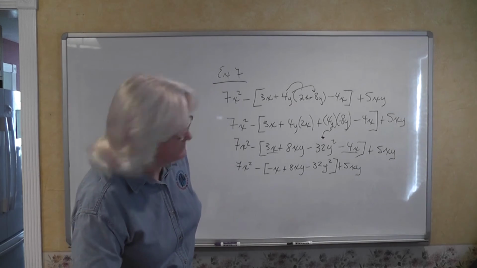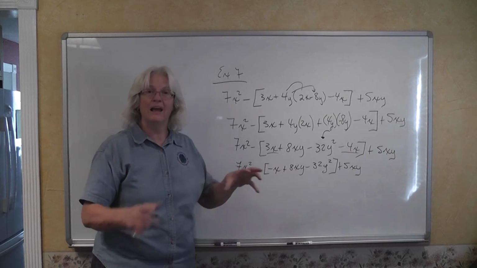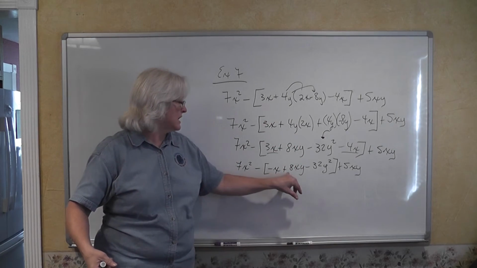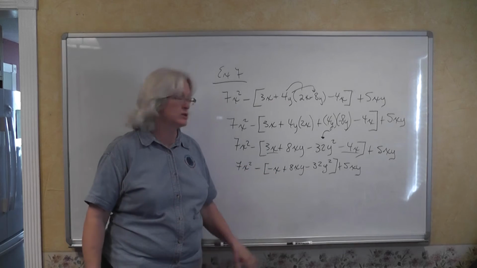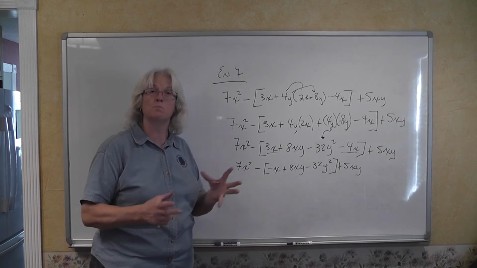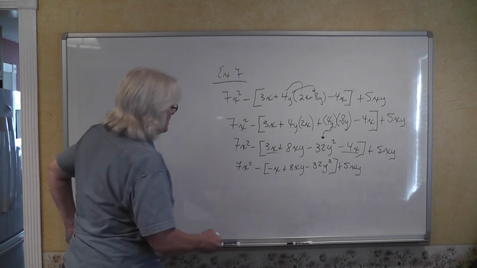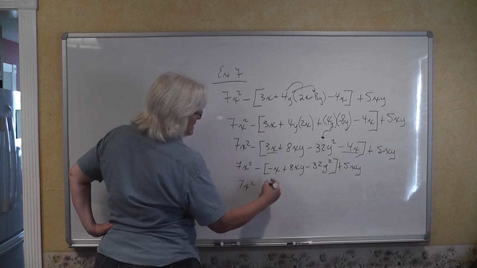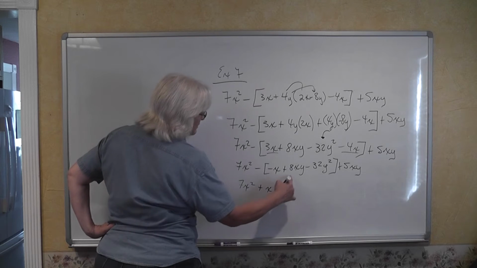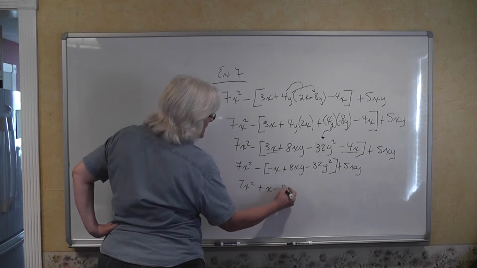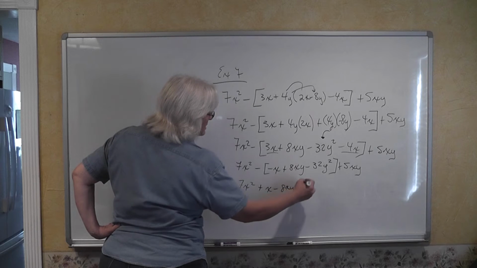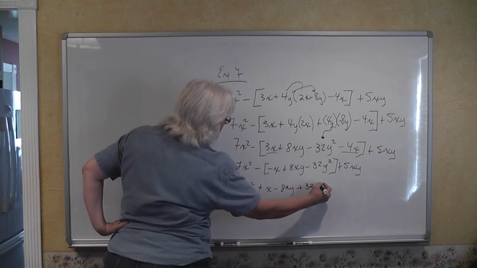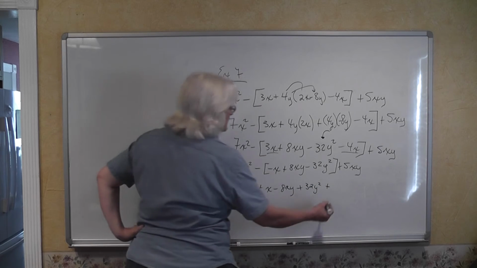Checking and making sure. When you have a negative outside of a grouping symbol, what happens? The sign of every term inside changes because what you're actually doing is multiplying by negative 1. So we have 7x squared. Rather than minus x, it's plus x. Rather than plus 8xy, it's minus 8xy. It's not negative 32, but it's plus 32y squared plus